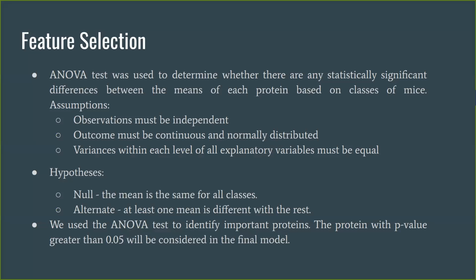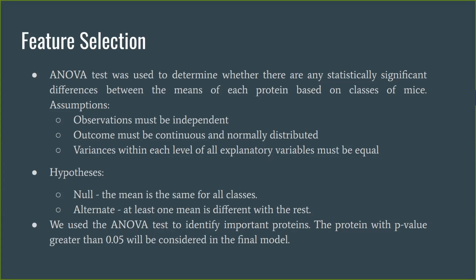Hello everyone. So we first conducted an ANOVA test. The ANOVA test is used to determine whether there are any significant differences between the means of each class of mice among the protein classification. The assumptions that must be fulfilled for ANOVA to be carried out are that observations must be independent and the outcome must be continuous and normally distributed. The variances must also be equal. The observations are independent because we have already collapsed the 50 measurements of the mice into a unique